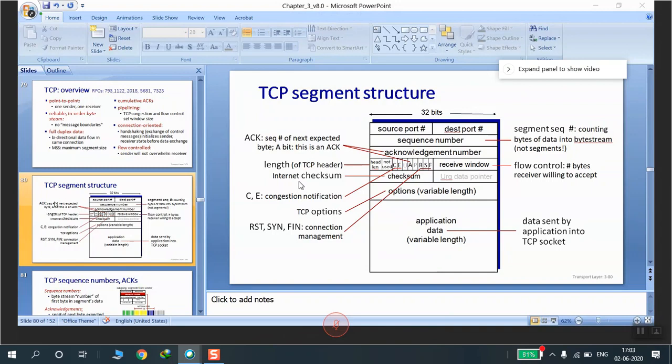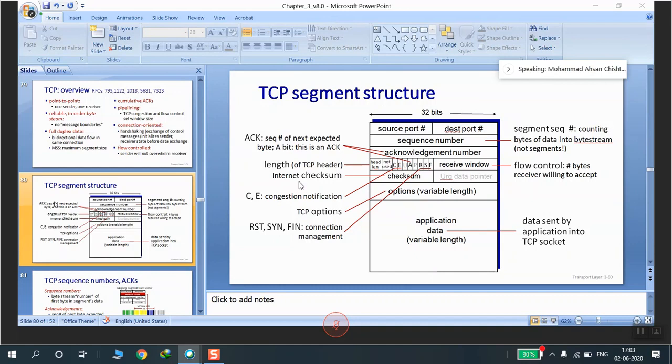We saw that options is of variable length, from 0 to 320 bits. Since it's a 32-bit size, it should be divisible by 32. The length of this field is determined by the data offset field.